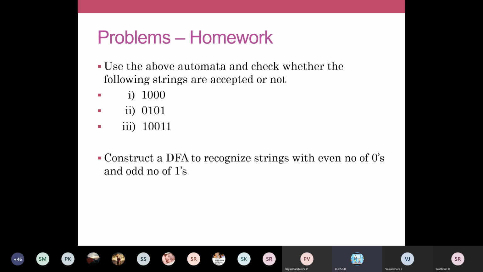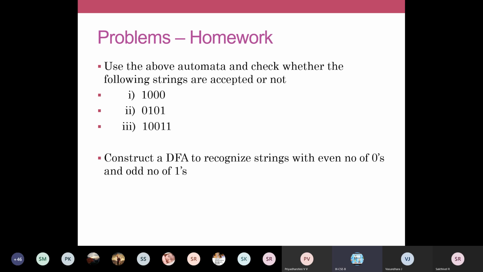So today also we have discussed very few problems, but they are all very important problems in your DFA. In our next class, we'll be discussing epsilon NFAs. Apart from NFA and DFA, you have something called epsilon NFA.